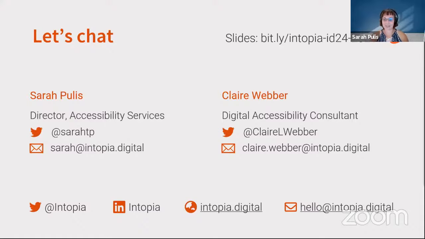They get someone to build a custom button and go through all those steps of adding role, adding name, and then putting in all the keyboard event handlers, and then get to the end and go, oh, and by the way, if we used a native button, all you needed was button markup, and you're done. I think that's the biggest aha moment for developers and engineers, where you actually show that level of effort of one versus another. Yes, occasionally we need custom controls, but that education around the value of native controls is where we need to start.